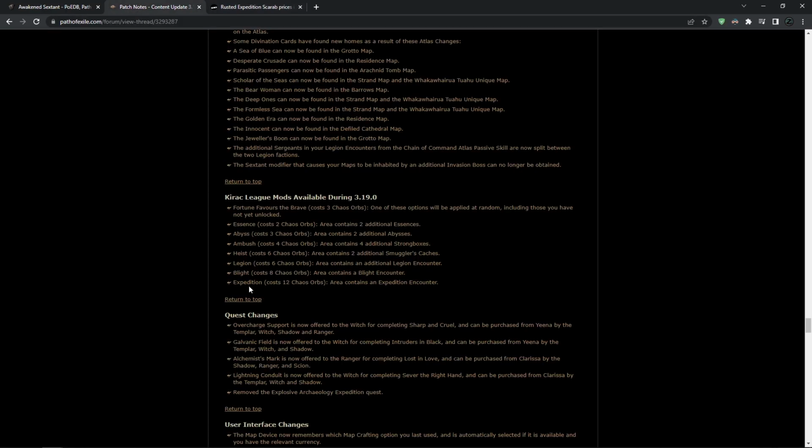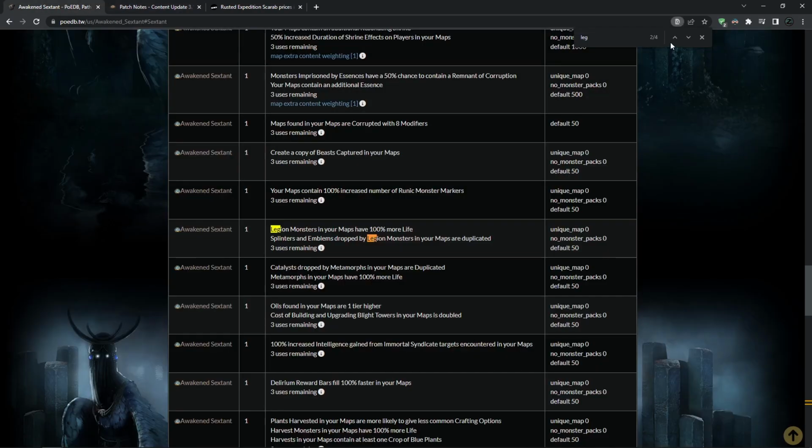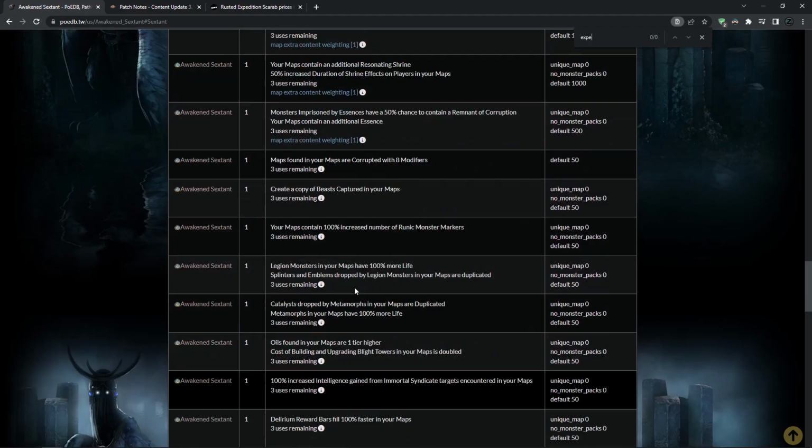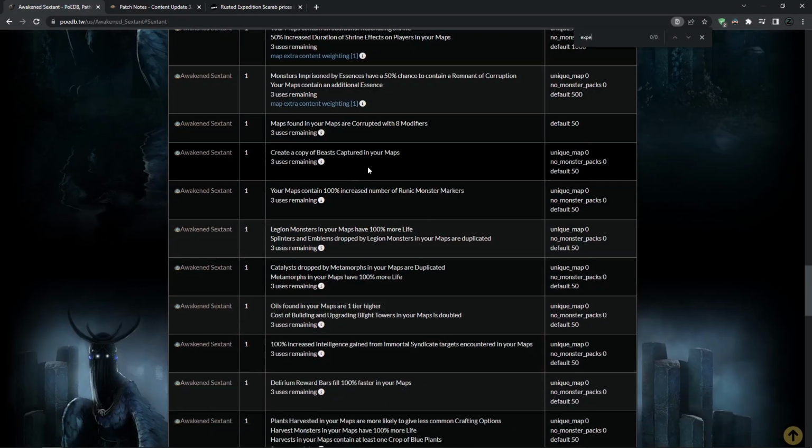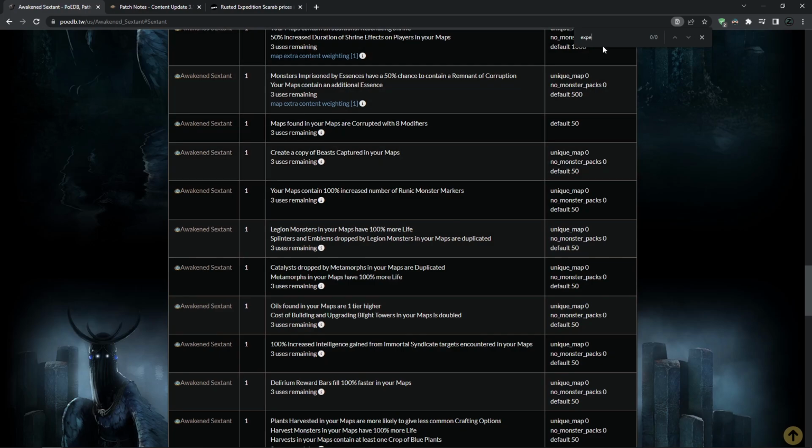But if we actually will be able to use Scarab and this at the same time and get 2 Expedition encounters in a map, it's actually going to be crazy. We can't get 3 because there is no Expedition Sextant, as you can see here. There's no additional Expedition encounter Sextant, but there is a Sextant that